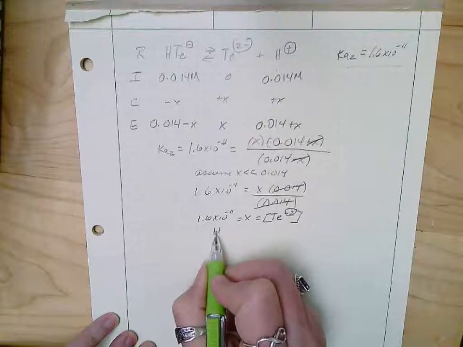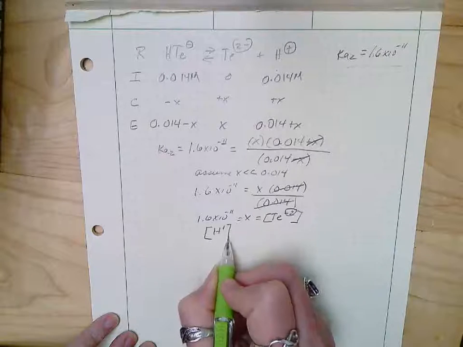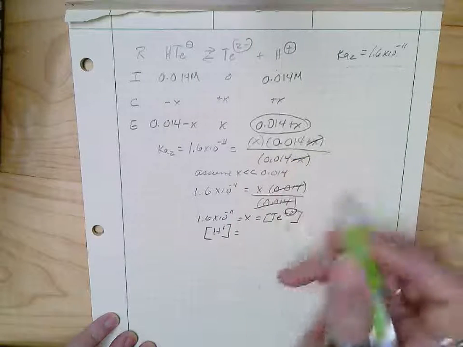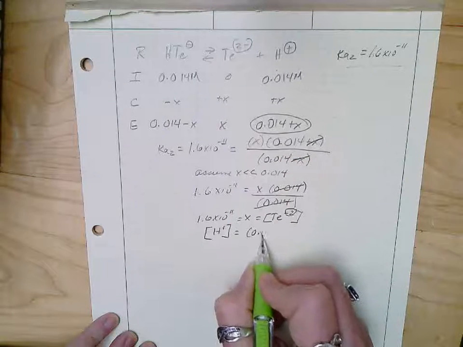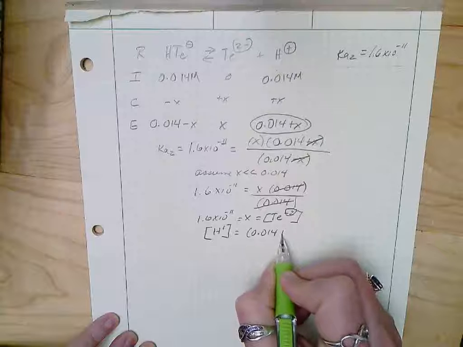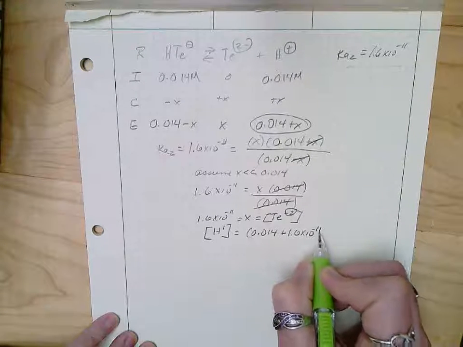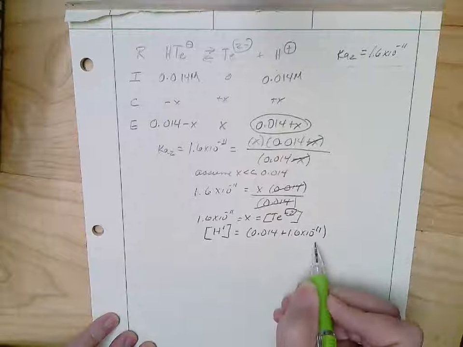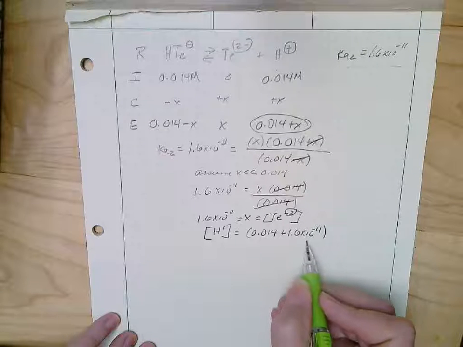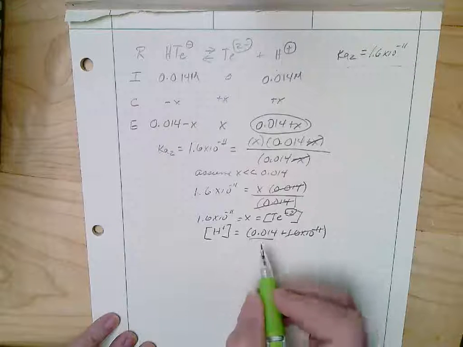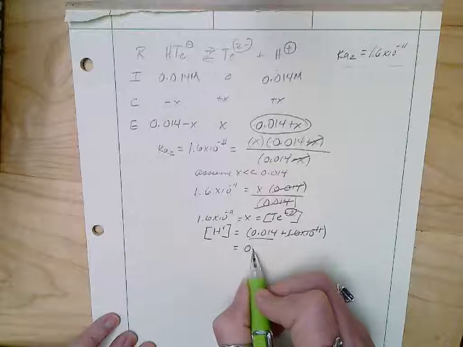What is the concentration of hydrogen ions going to be? Well, coming back to here, it says that it would be 0.014 plus 1.6 times 10 to the negative 11th. And if you want to do that in your calculator, feel free, but this number is so small that it will not change this number, and so the hydrogen ion concentration is